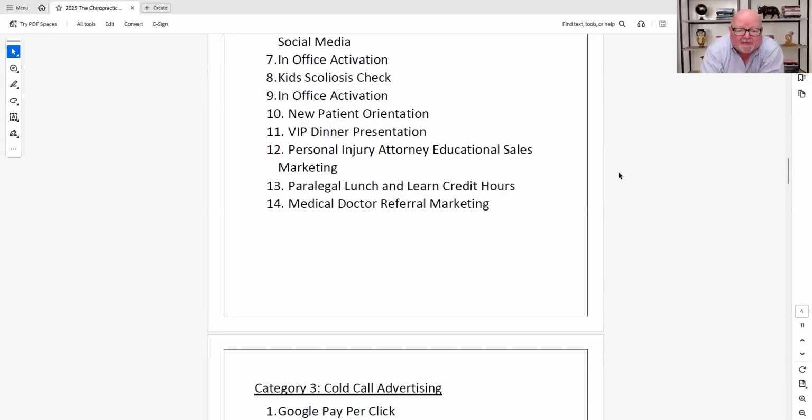So the medical doctor referral, we go into exactly how to do that. And that's set up the same way. We just target the local emergency rooms, doctors. We target the urgent care centers and the general practitioners. Remember, not just back pain, but there are more personal injury patients that go to medical doctors than to attorneys. Remember that. So that's a good system.